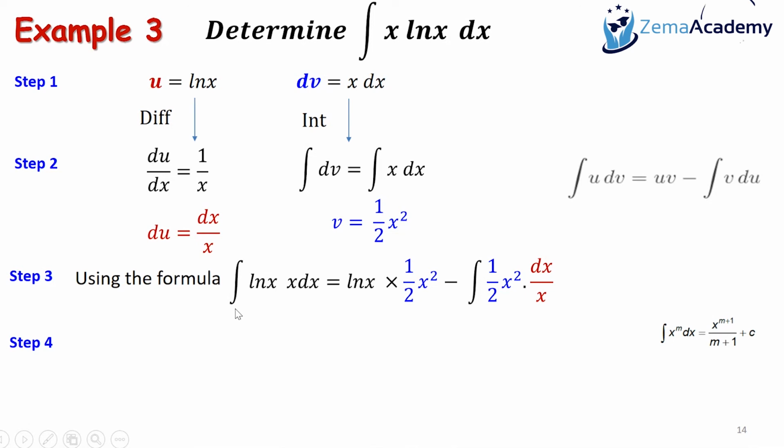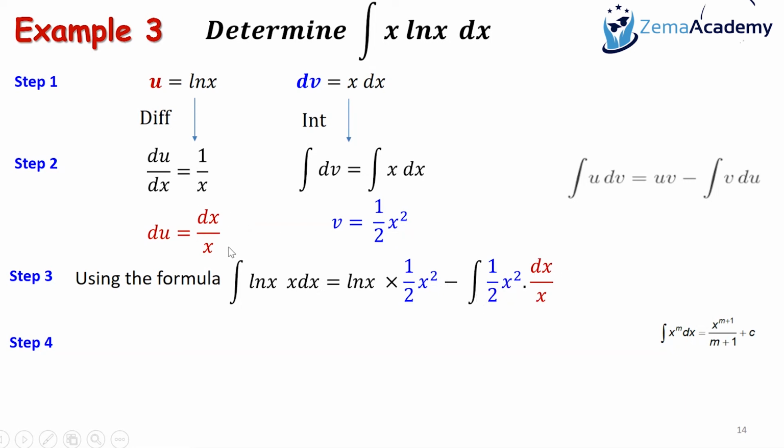So here it is, the integral of log x dx, so this is my u, this is my dv, equals u, which is log x, multiplied by v, which is x square by 2, minus the integral of